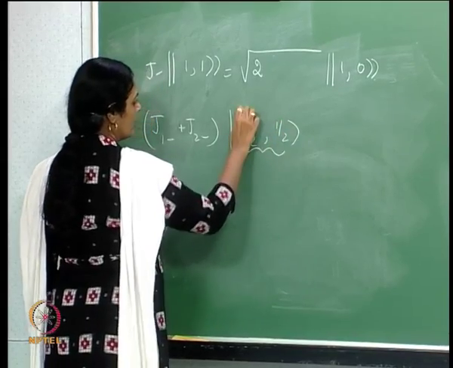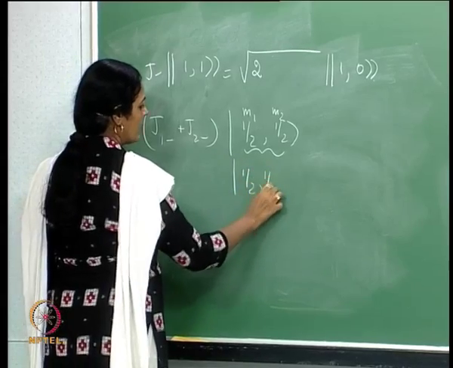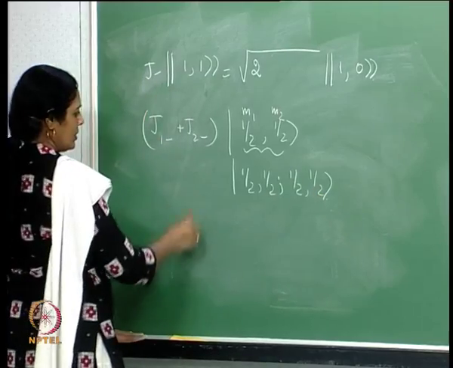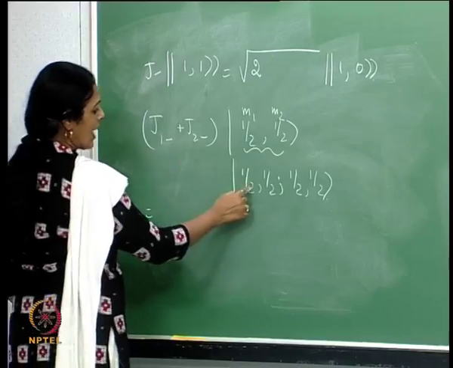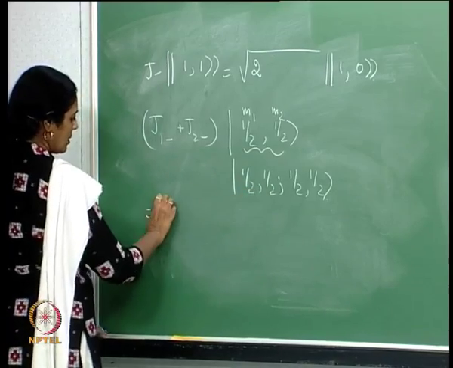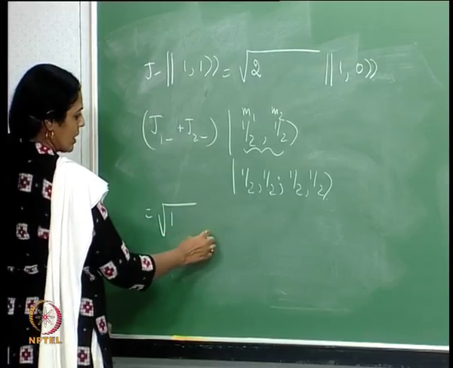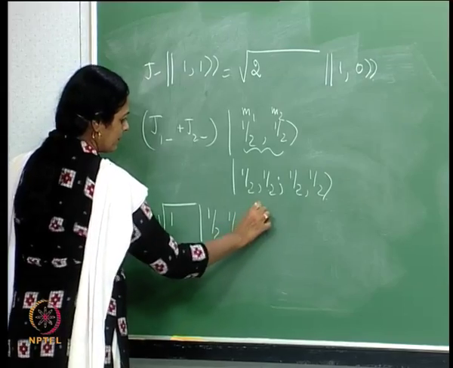This state is to be understood as j1 is half, m1 is half, j2 is half, m2 is half. This object is simply going to be j1 minus acting on this, giving me root of j plus m times j minus m plus 1, and does nothing to the other state,